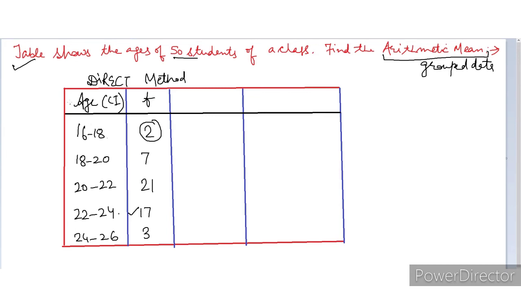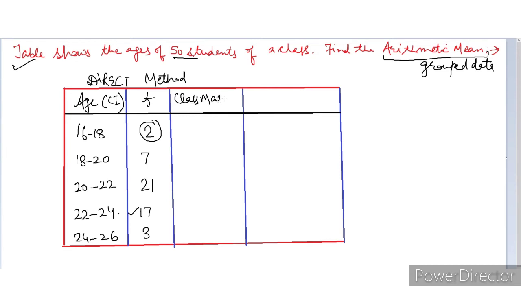Now see, age means the class intervals or the groups will already be provided to you, and the frequency will always be given to you. These two things will be given to you. Now we have to start the process of finding the arithmetic mean using the direct method. So first of all, students, in the third column, we have to add from our side, and we have to write the value of, what is the new thing here?